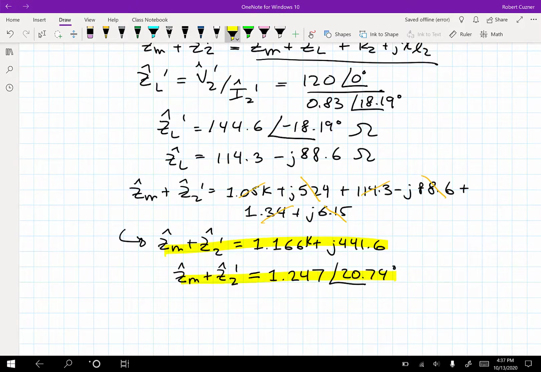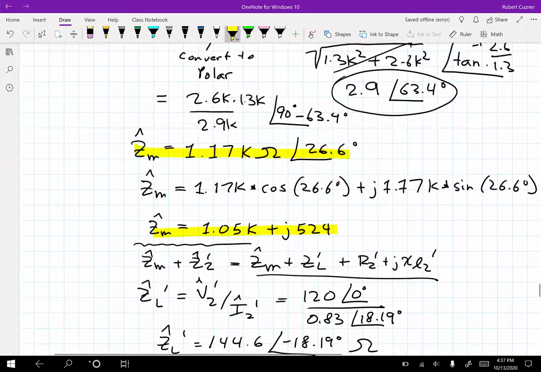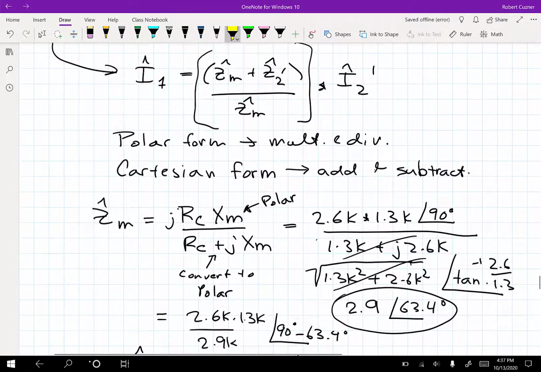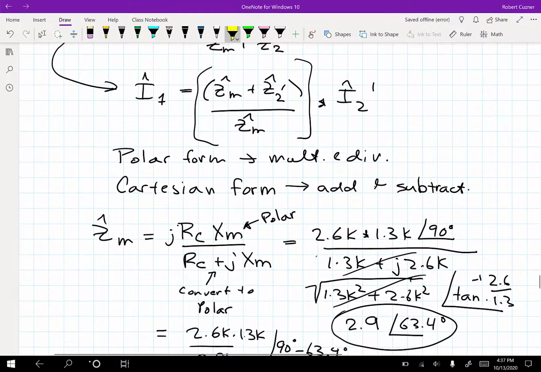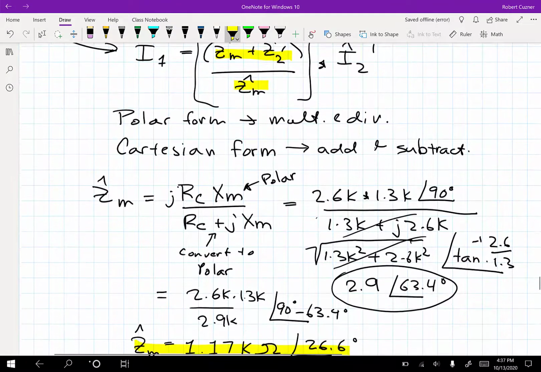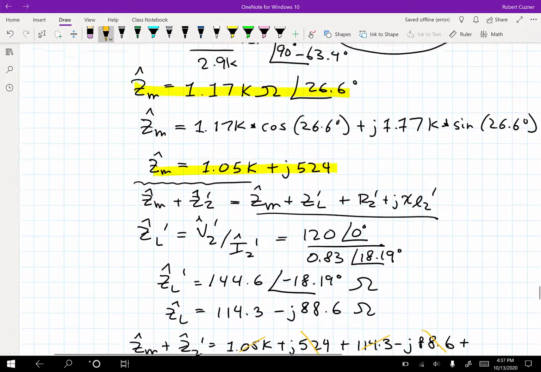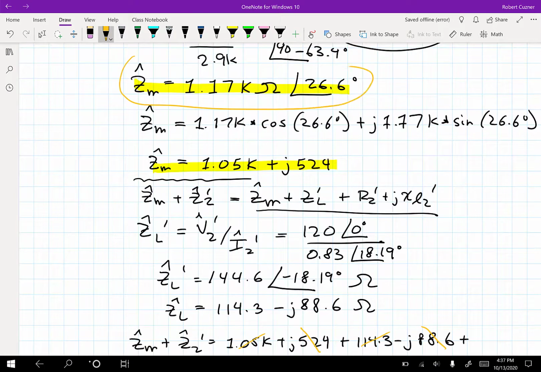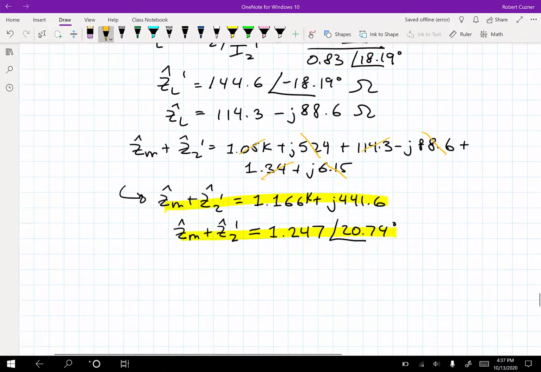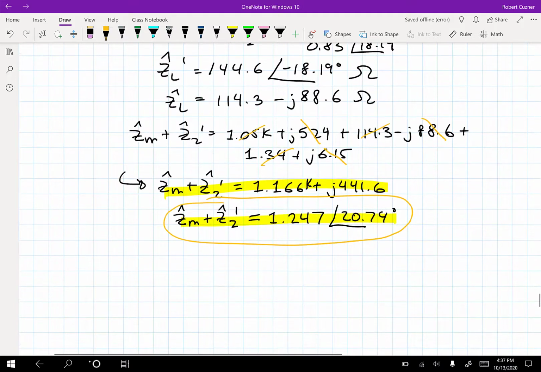Okay, there we go. Now what do we need to do? We need to use polar forms of this. So let's use the polar form of ZM and the polar form here of ZM plus Z2 prime. And we're going to find I1